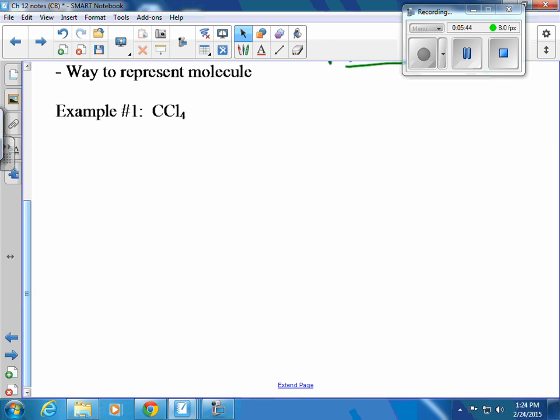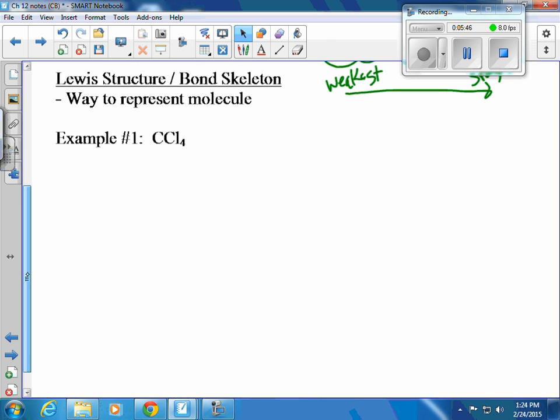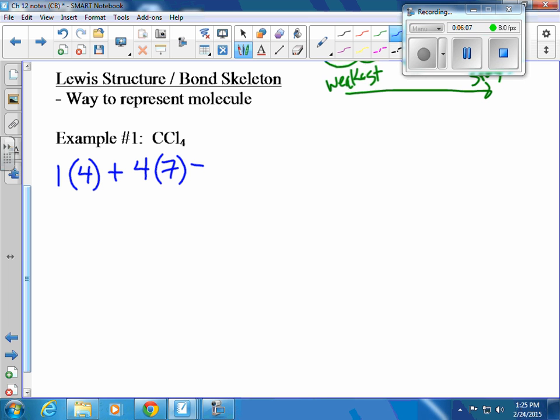So if you're taking a look at homework 4, you're going to see that the structures aren't quite as easy as the 3 that I just showed you. So if I take a look at CCl4, which is carbon tetrachloride, you can see that I need to do my atom inventory. So I have 1 carbon and I have 4 valence electrons, plus I have 4 chlorine, and chlorine has 7 valence electrons. So do the magical math there, and I get 32